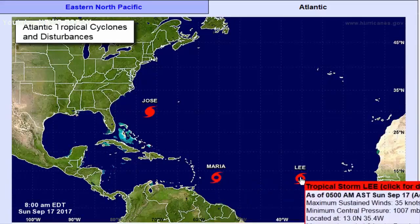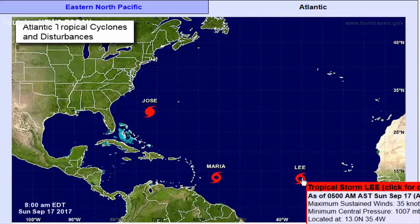Also, you have Lee out here farther to the east, moving to the west at 7 miles per hour, and its winds are at 40 miles per hour. Now, Lee is not forecasted to ever get anywhere near the United States. At least that's what the forecast is now. Lee is not anything from what we're seeing right now that we're going to have to worry about. It's going to end up slingshotting on back up here to the